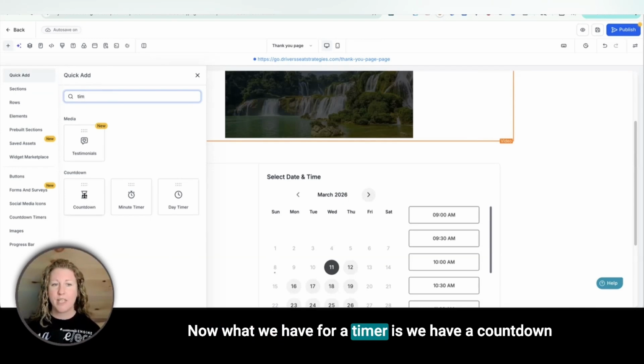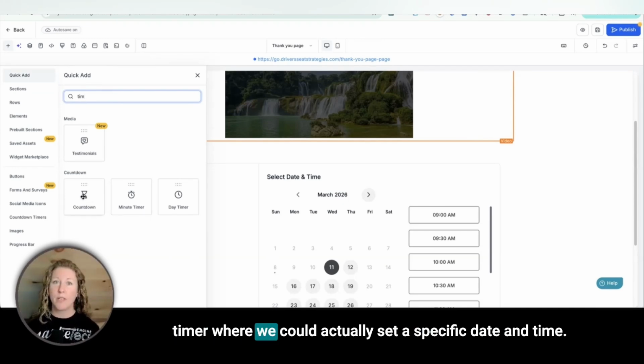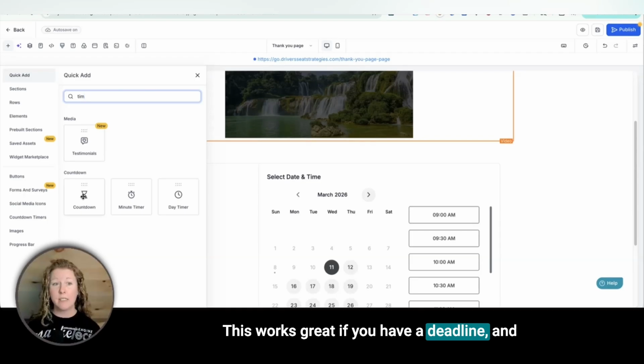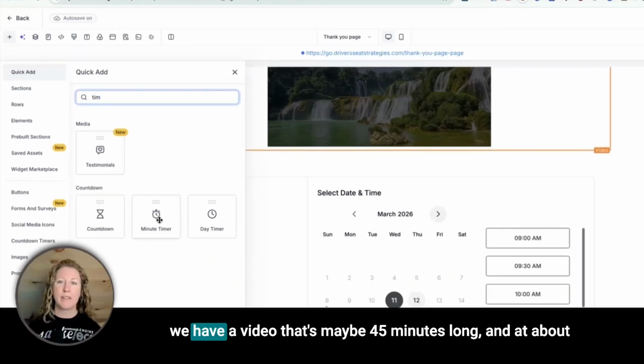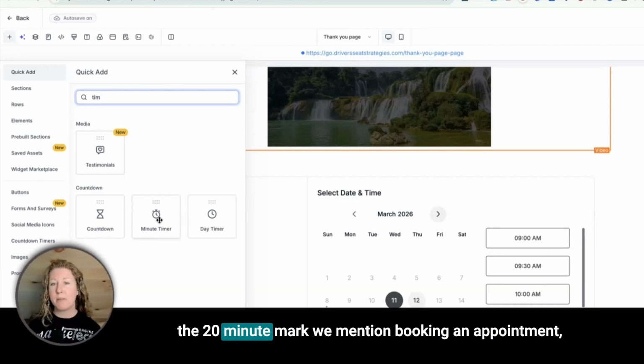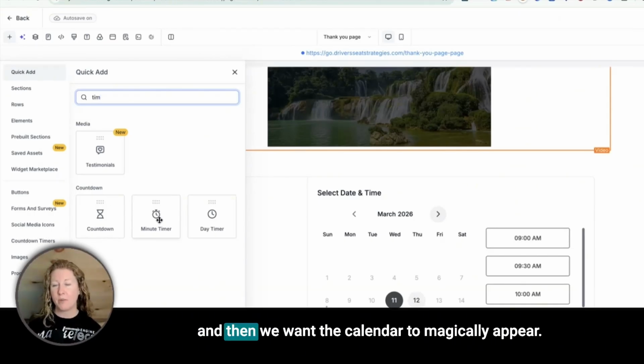Now, what we have for a timer is we have a countdown timer where we could actually set a specific date and time. This works great if you have a deadline. And then we have a minute timer and a day timer. The minute timer is more what I would use in this case, where we have a video that's maybe 45 minutes long, and at about the 20-minute mark, we mention booking an appointment, and then we want the calendar to